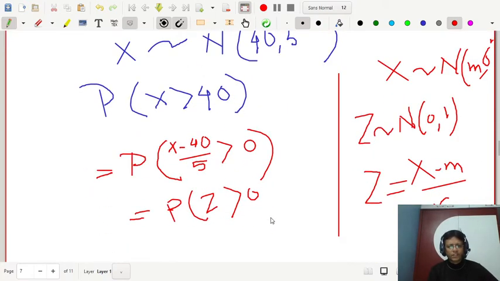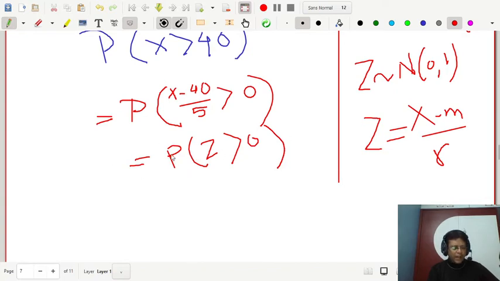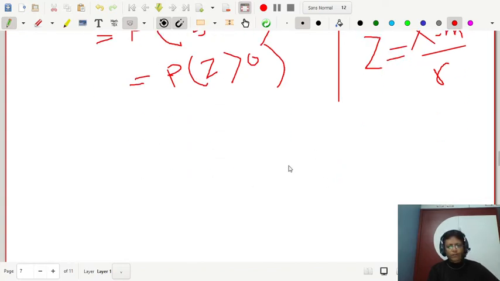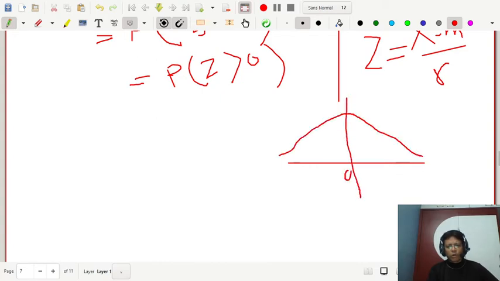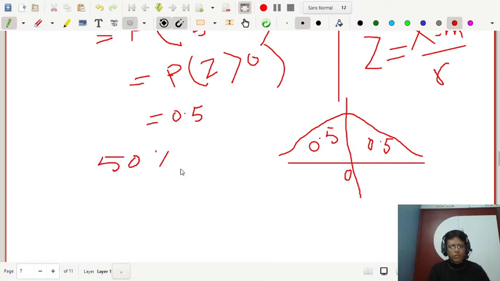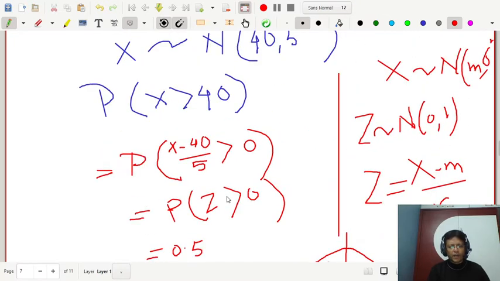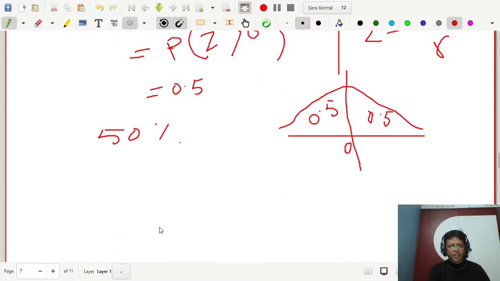Okay, so z greater than 0, and if you have a standard normal curve, this mean is 0, so probability of z greater than 0 is 0.5, and probability of z less than 0 is 0.5. So you have a probability 0.5, or the area of the region is 0.5, right? So hence the required percentage is 50% in this case. So you have the first answer, right everybody? So if you draw the diagram, you will get everything.